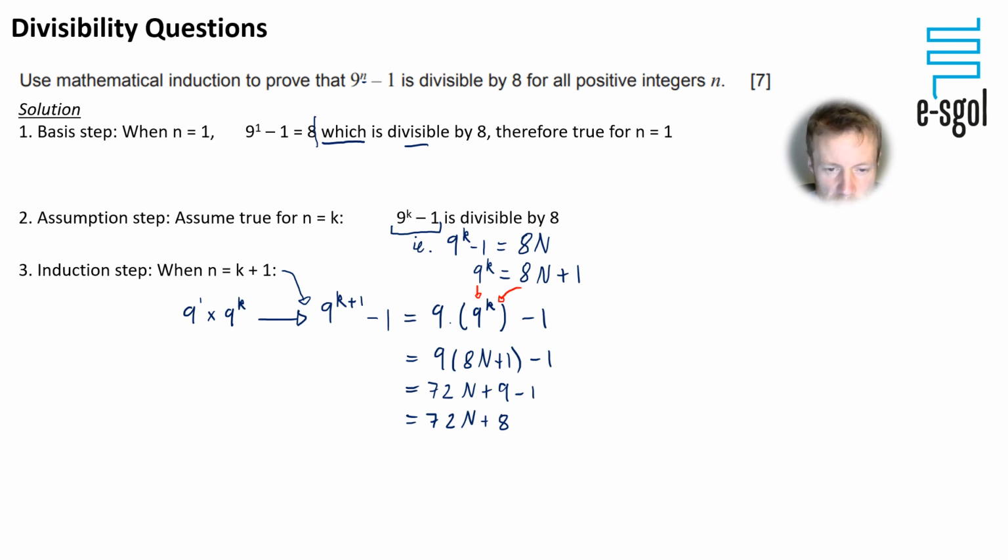Let's just make it really explicit that this is in the 8 times table, so we want to factorise out an 8. So we get 8 bracket 9n plus 1. That is definitely in the 8 times table, so we'll just make a statement which is divisible by 8.